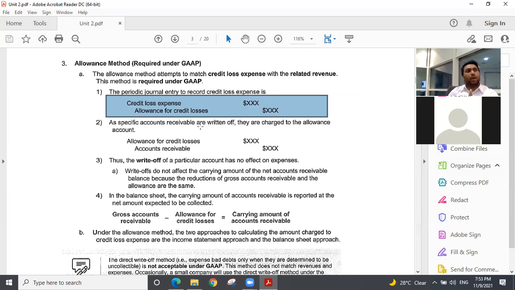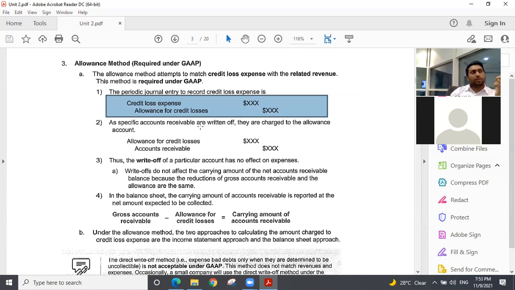And next year, that particular customer became bad debt. So now you have to write that off from the receivables. You should not show that amount because it is not a collectible amount. It is an uncollectible amount. So you will remove that amount from the AR, that is, you will credit it. So where will you debit? If you were not following the allowance method, the debit would have been the income statement, that credit loss expense which will hit your income statement.